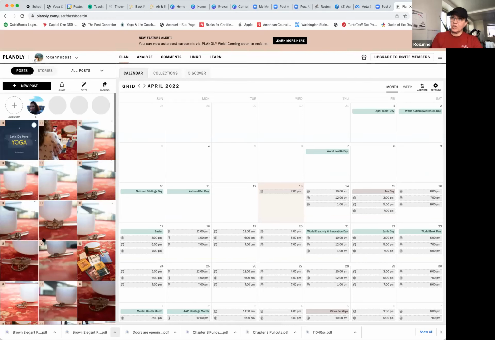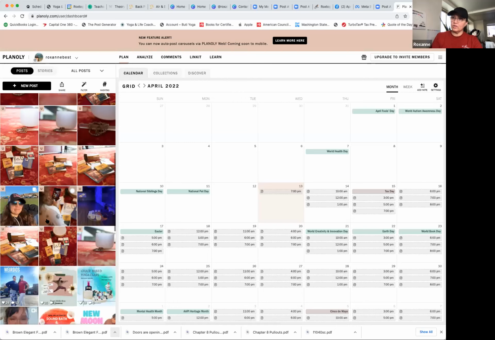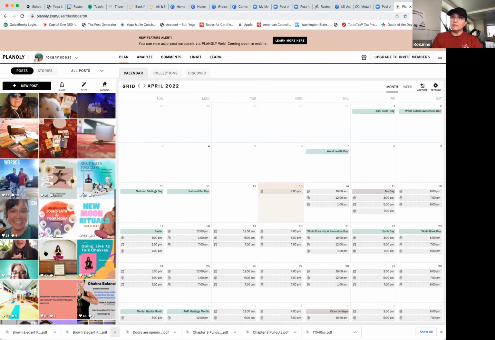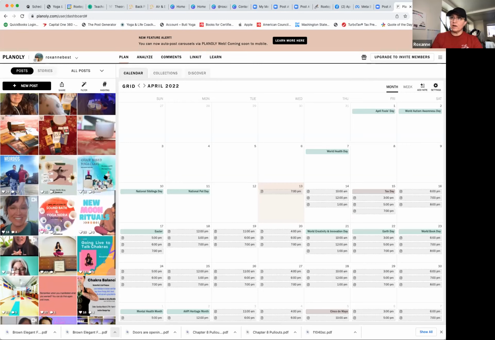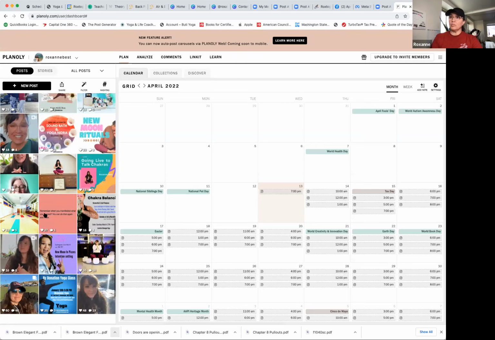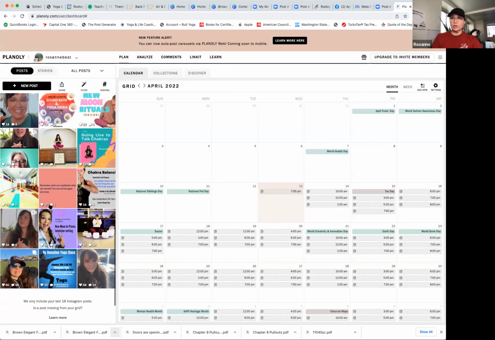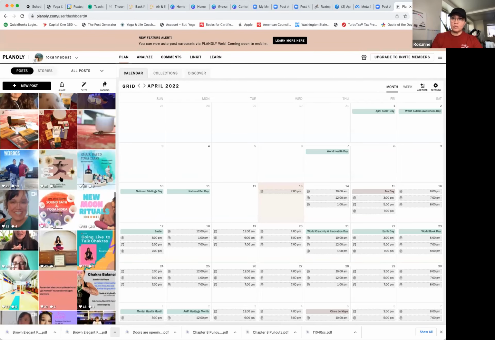But you can see it has a U by it. All of these that have a U are just images that I've uploaded and haven't published yet. And all of these that don't have the U and have hearts and comments are all posts that have been posted. I didn't post them through the app. I posted them on my phone and they still show up in this, which is cool,